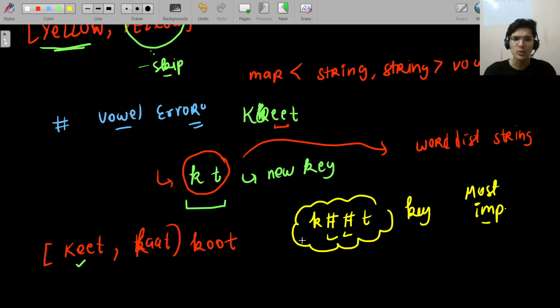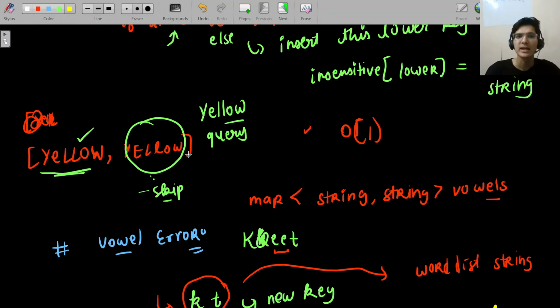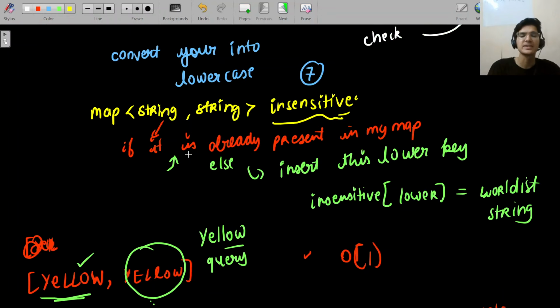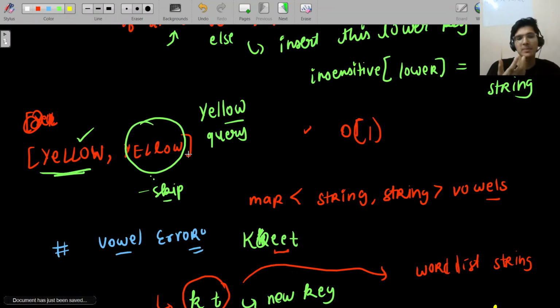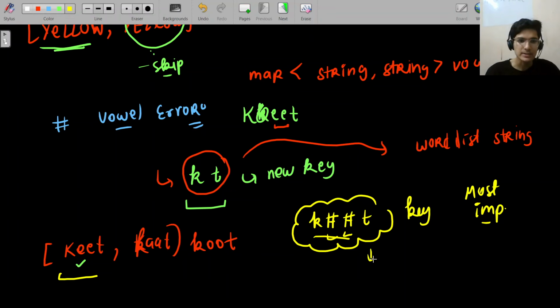Then you can just check with the lowercase. You create all the strings already in the lowercase. We already did that, and just compare, the same logic we did. If you already find this present in my map, then no need to do anything. If it is not, insert this key. So I hope you understood the concept and the intuition that I've told you in all the